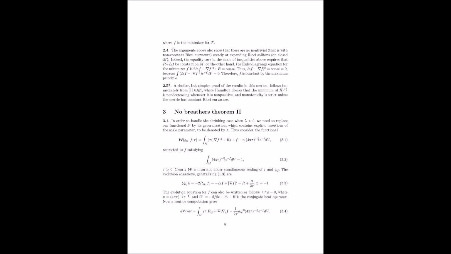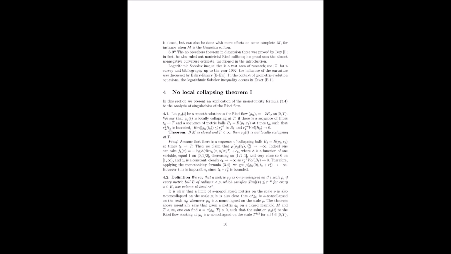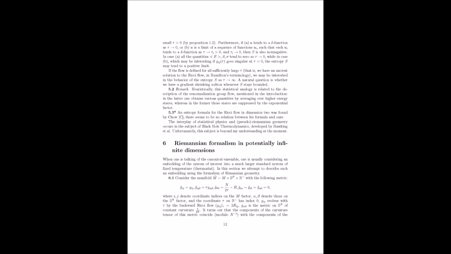But how does this all connect back to theorem 4.1 and the whole no local collapsing idea? Well, corollary 4.2 actually follows from theorem 4.1, along with this really powerful convergence theorem by Hamilton. This convergence theorem tells us that if we have a sequence of Ricci flows where the curvature and injectivity radius are kind of well behaved, then we can always extract a subsequence that converges to a new Ricci flow. So it's like taking a limit of those evolving shapes. If the shapes in the sequence are nice, then the limit will also be a nice shape.